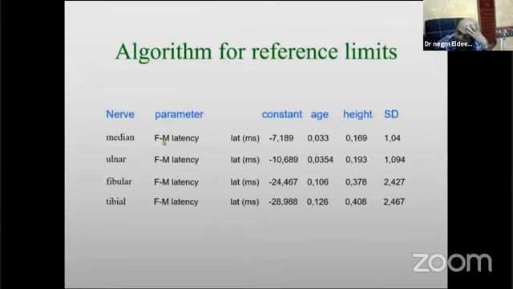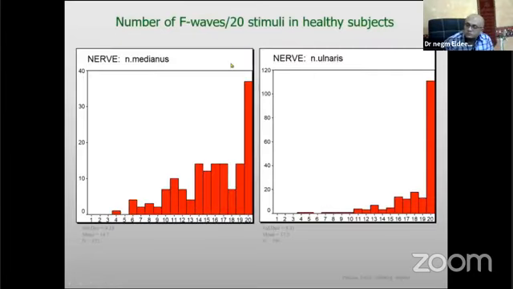So the median nerve F latency is equal to a constant plus 0.03 times age plus 0.0617 times height and a standard deviation of so and so. And here you can see that the height dependency is not so strong, and here in the leg nerves it's much stronger. The number of F waves per 20 stimuli varies very much between nerves because of different